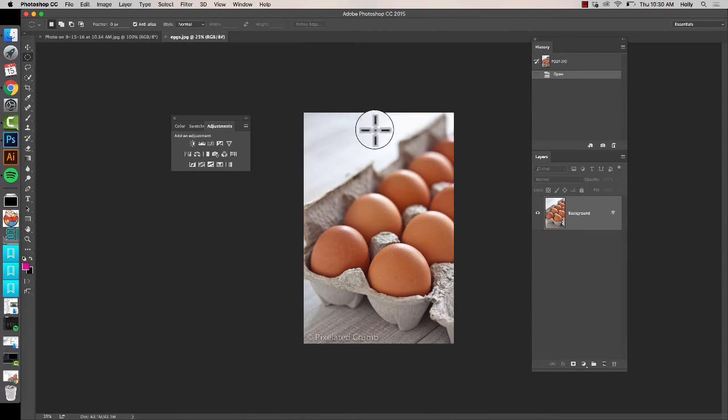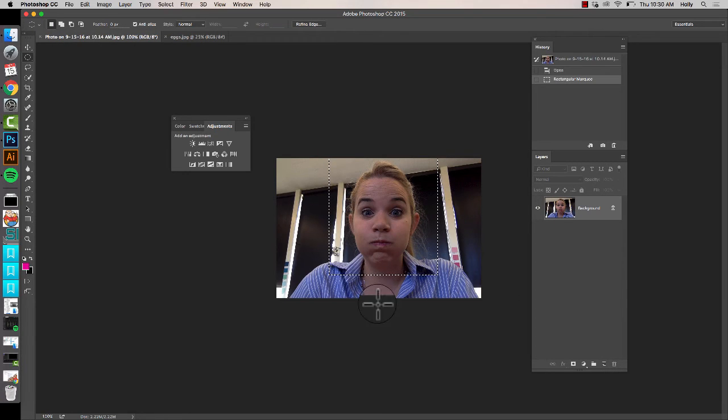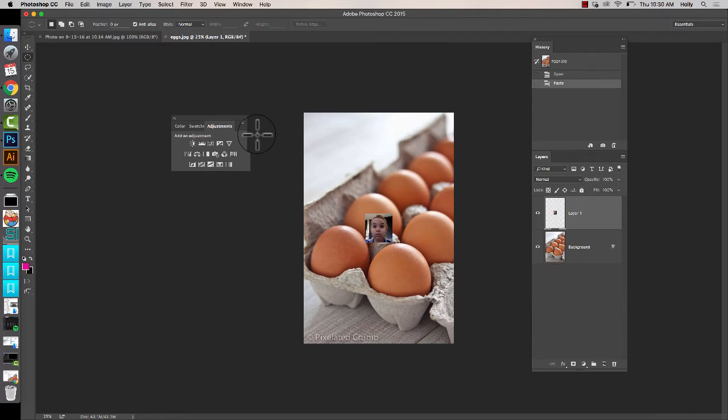Then what we're gonna do is we're gonna take a picture of yourself. It helps if it's square on and maybe making a silly face or something, kind of playing with that a little bit, like so. Awesome. It's me. I just took this like 5 minutes ago. Copy it, which is Control-C, and paste it on top, Control-V. Then turn your transform controls on so you can resize it